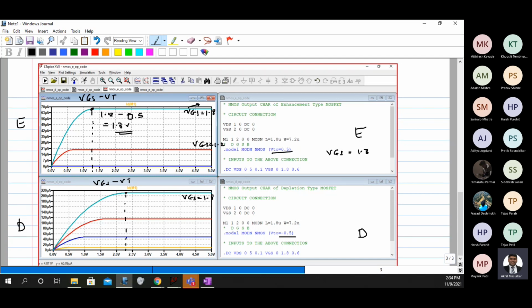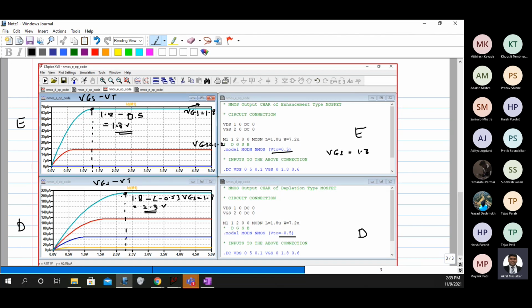And if I extend this line, it is somewhere between 1 and 1.5, so it must be at 1.3 volts. At this point, VGS is again 1.8, but threshold voltage is negative. So minus of minus 0.5 is going to give me 2.3 volts.